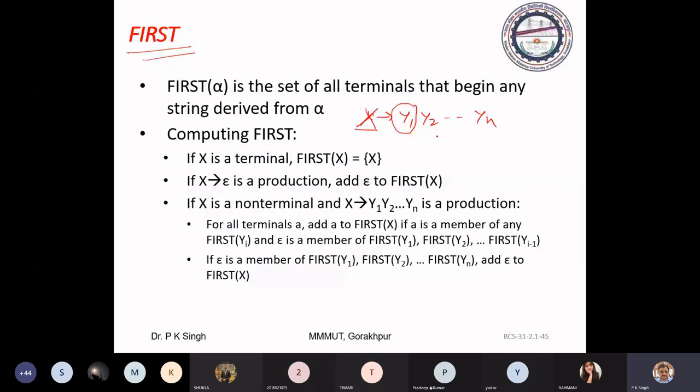And so on. If y2 may be reduced to epsilon, then you should add all the symbols of first of y3 to first of x, and so on.